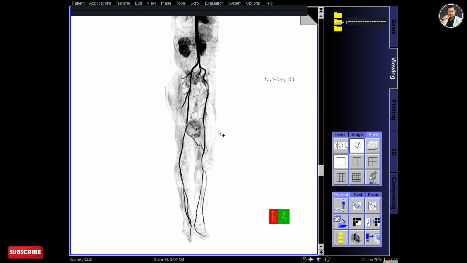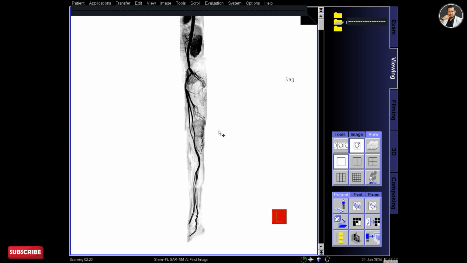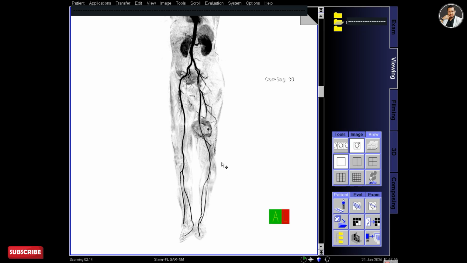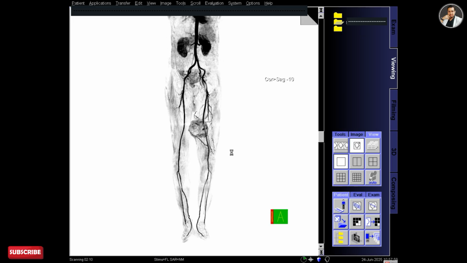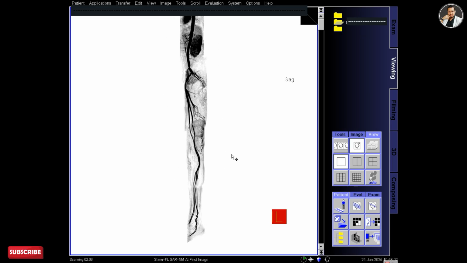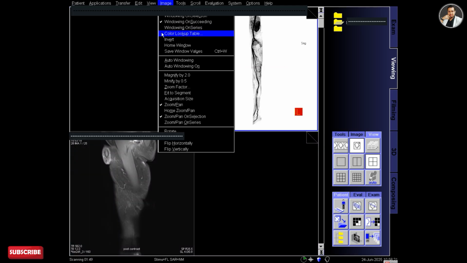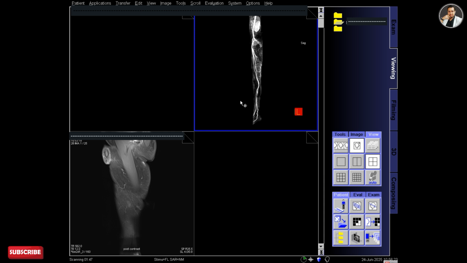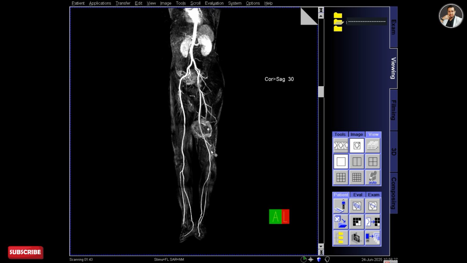This is the inverted image where the blood vessels appear dark and the background becomes white, or you can say it is a negative image or inverted image. At first I will print the original MIP image.